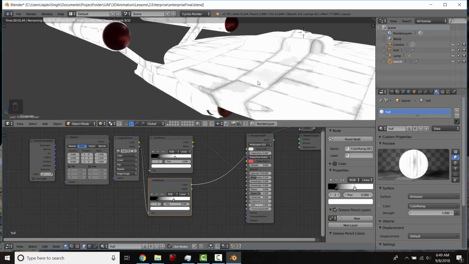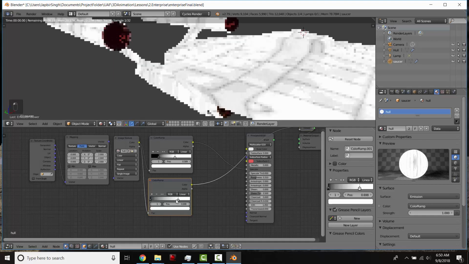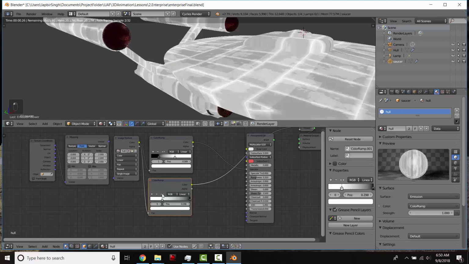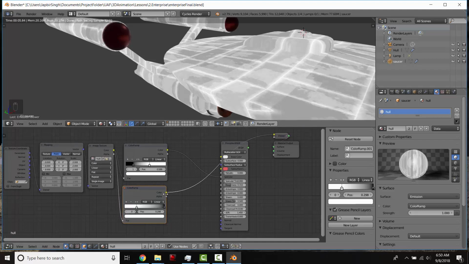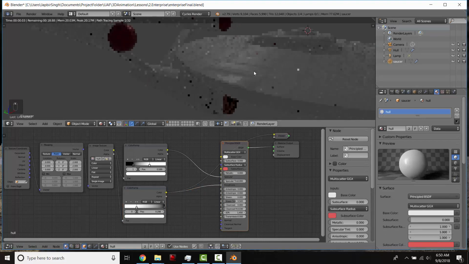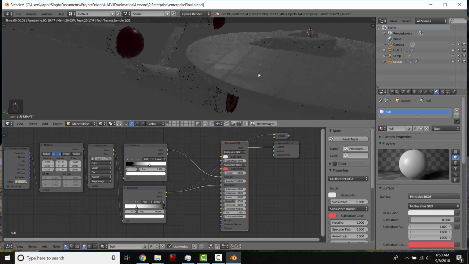So now I'm focused on the roughness. So roughness means 0, black means 0, so totally shiny. White means fully rough, so like totally diffuse, no shine at all. So I want these creases and stuff to be like the roughest part. So I'm going to flip this color ramp with this flip color ramp button. And now wherever it's really white, it'll be fully rough. So I'm going to drag that into the roughness, drag my principled, and now we see some interesting reflections